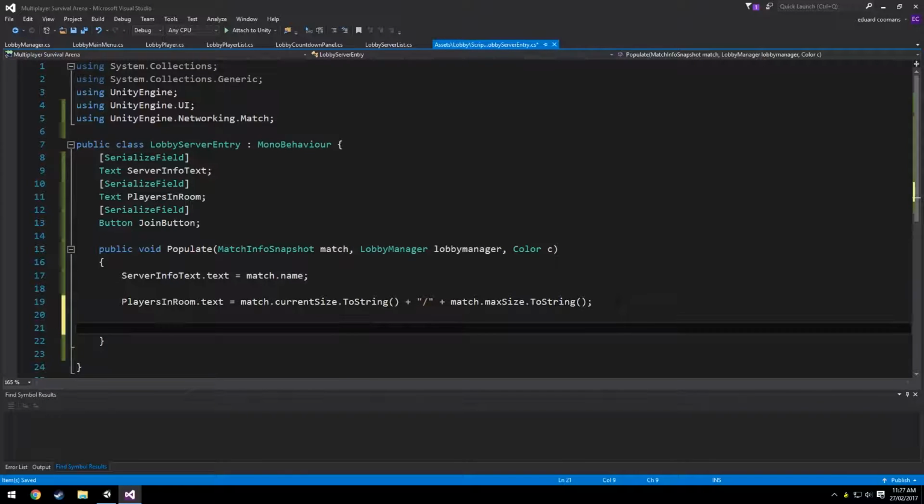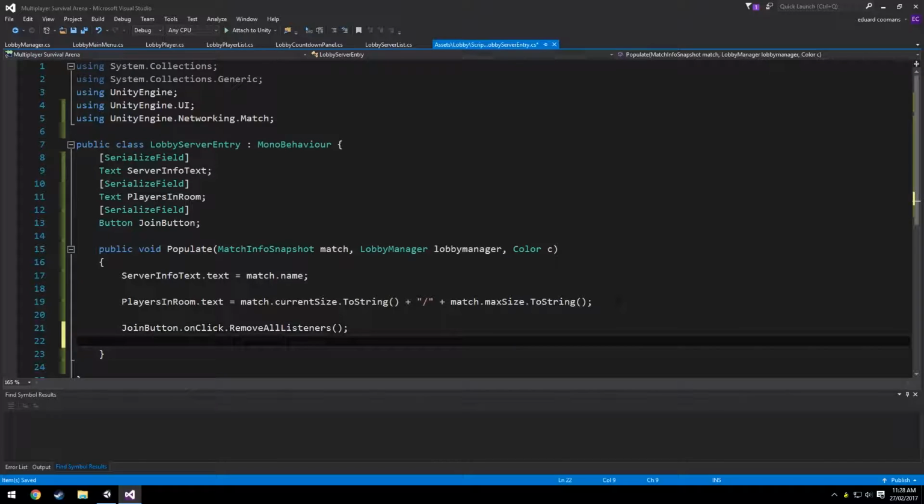And here we say the join button on click, so we want to remove all the listeners on that just in case, just to freshen it up, so it's a blank slate, and we say the join button dot on click dot add listener, and we want to say the delegate, so we want to delegate this button to the join match, and we create a function there,